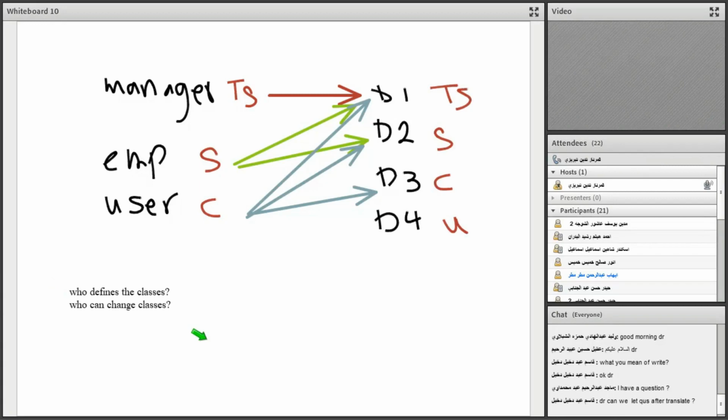Thank you. Well, you are welcome. Here were 2 questions: who defines the classes, and who can change classes and when? Here we have 2 main persons in the database system. First is